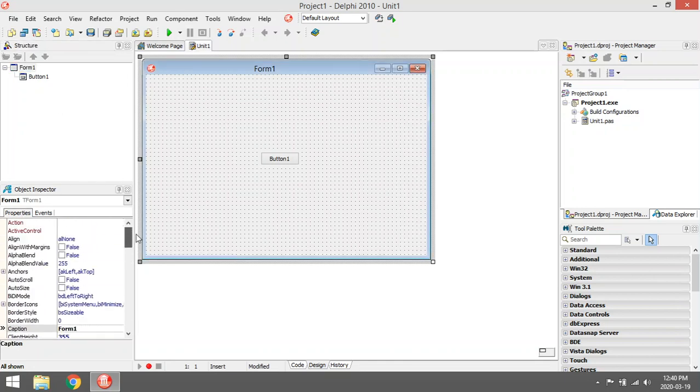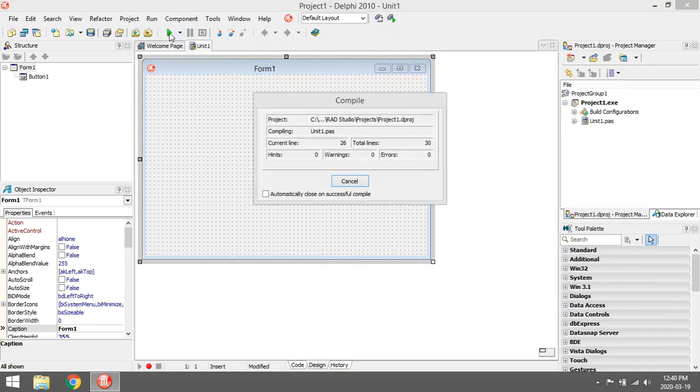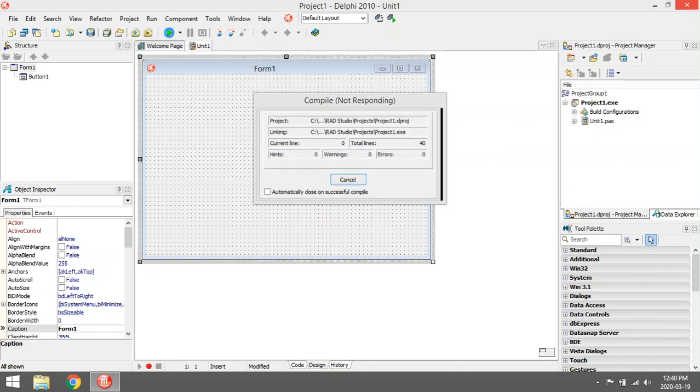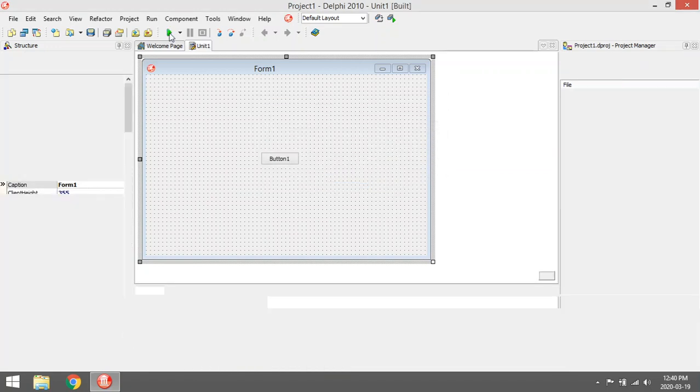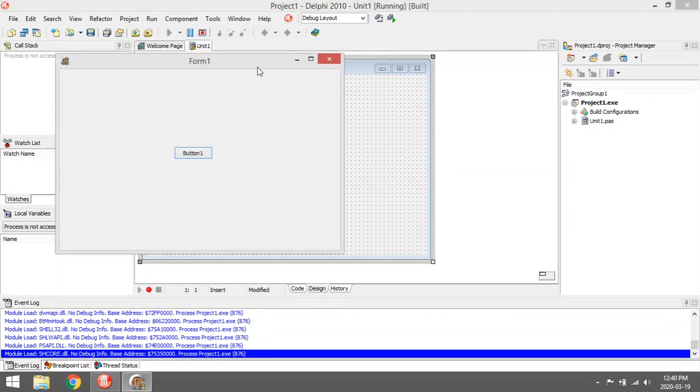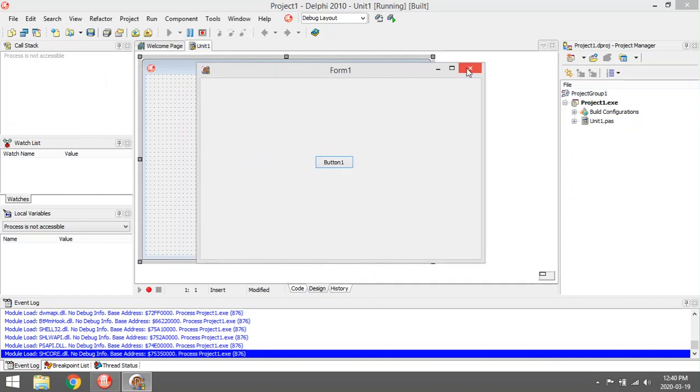If you want to run this application, you can just click on the run button or the shortcut F9. So click on the run button. And you will see the program